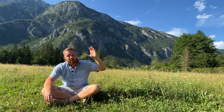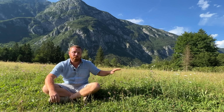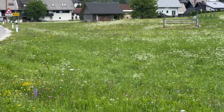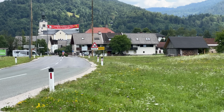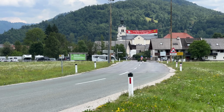For example, just looking at the amount of wildflower meadows, this is a prime example of one, but they are littered all throughout Slovenia. All the verges, the hedgerows, everywhere you look, it seems, even the town centres, the roundabouts, the car parks outside the supermarkets, everything is let to grow, and it's full of wildflowers, things like wild carrot, bird's foot trefoil, red clover, self-heal,